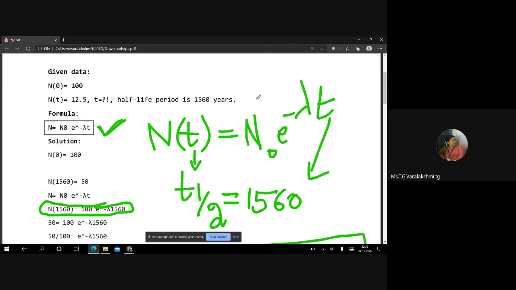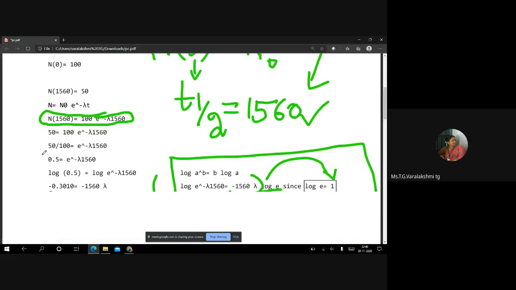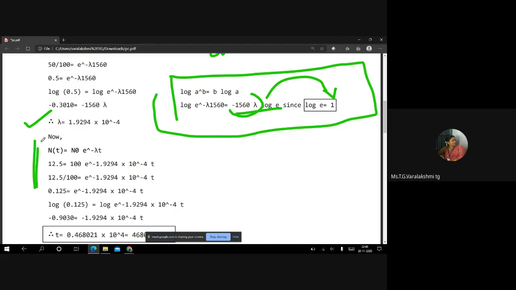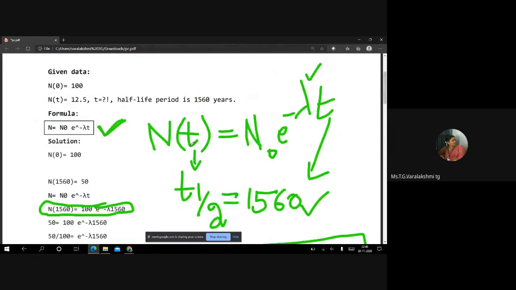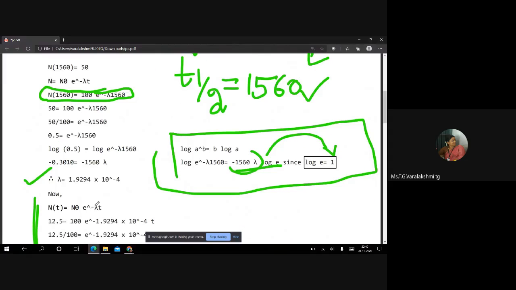To this same formula, we have substituted the half-life period and found the value of lambda. Now this is the final step. From here, it starts the final step. N of t is equal to n naught e power minus lambda t, right? In that formula, nt, number of